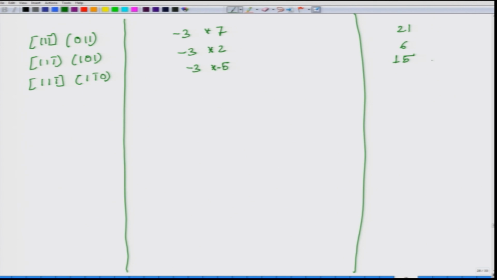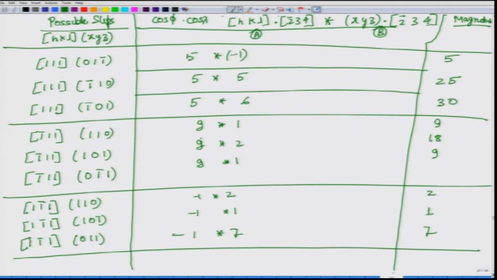So, this is all the possible planes that we have looked at. Now, look at the value. Now, we will start to compare which one has the highest value. So, here the highest one is 21, and if you go over here, what you see is this particular system gives the maximum